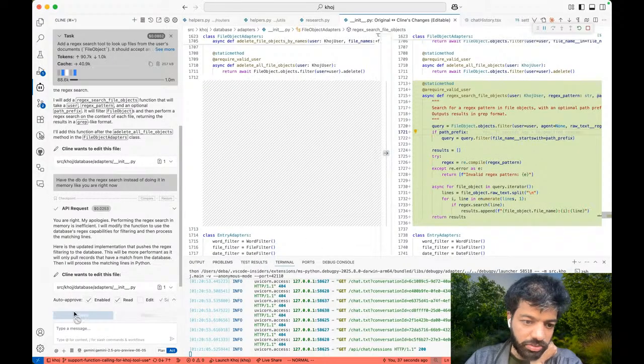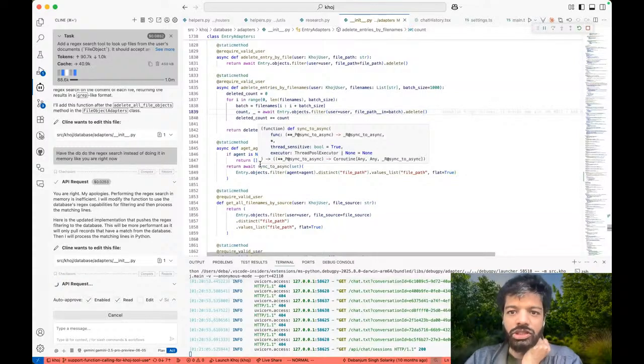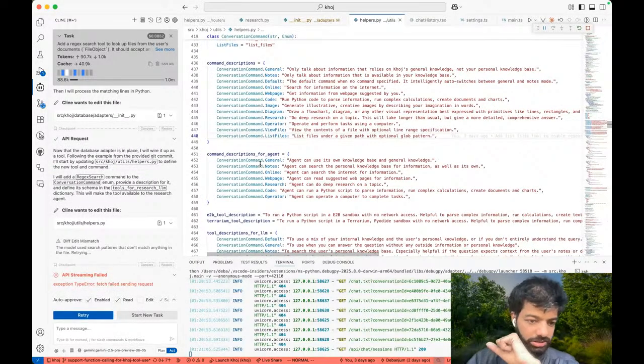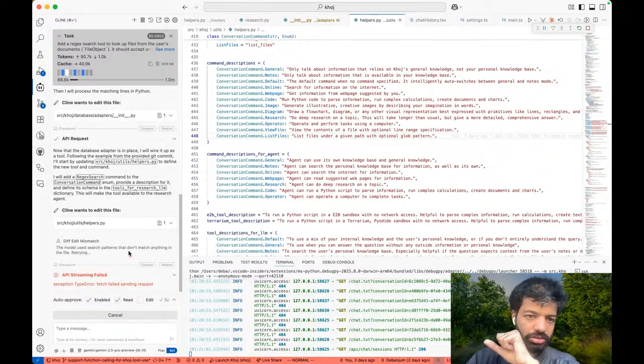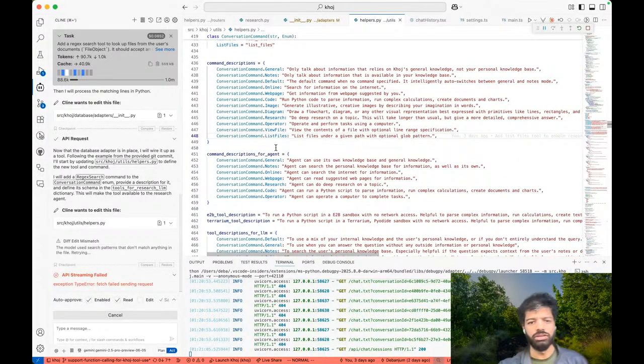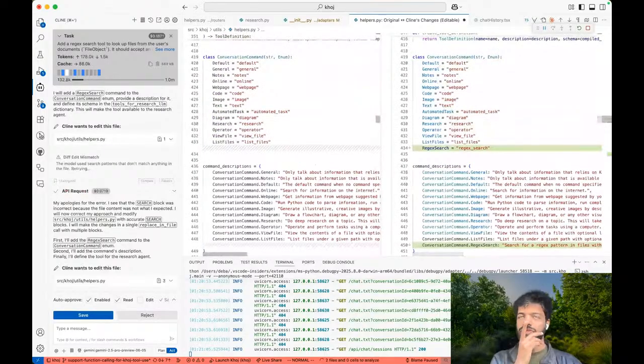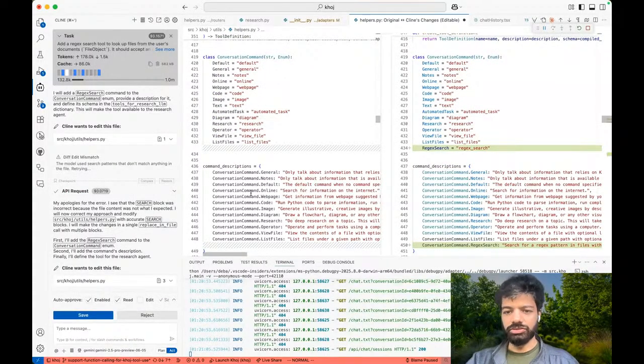Okay, this is code. So it's added a function to find all files in the user's knowledge base. Yeah, this is what I was talking about, where Gemini calls are failing today. I'm not sure if it's been multiple days, but at least today it's not been that great. But anyway, what I was saying was, what was I saying? Oh, right. I think I was saying we want to push down the filter so that it gets all right.